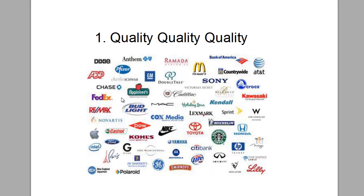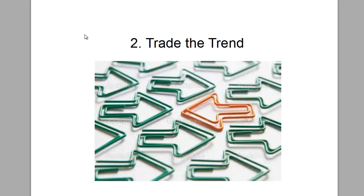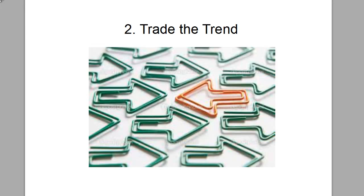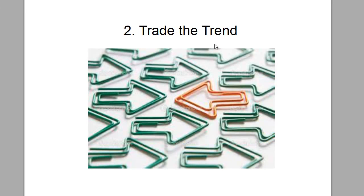Next segment here, and again, that's just an easy one. And remember, we're only going over 3 today. And this is when it gets to our trade. Trade the trend. Very important. Very, very hard sometimes to pass up. But it's so important just to realize that